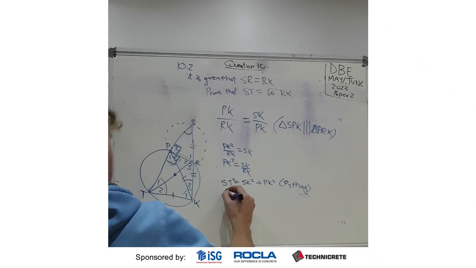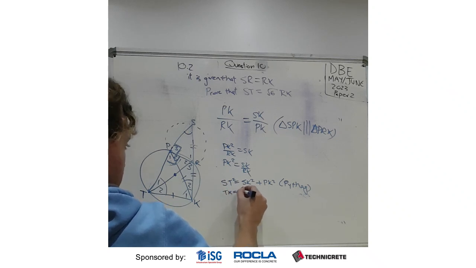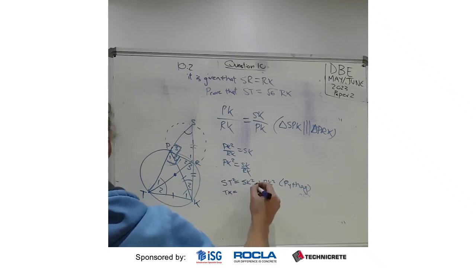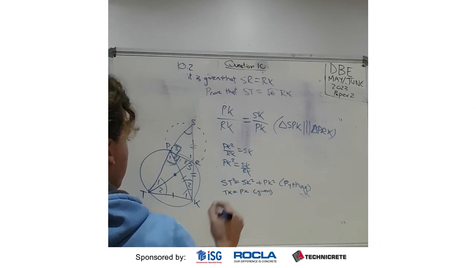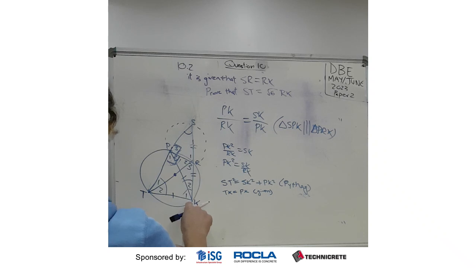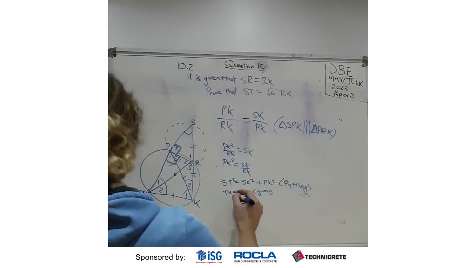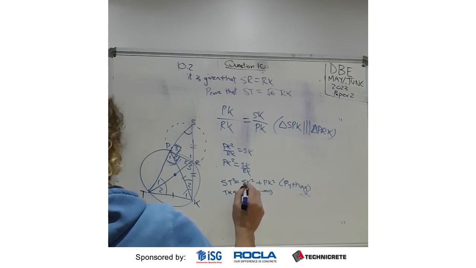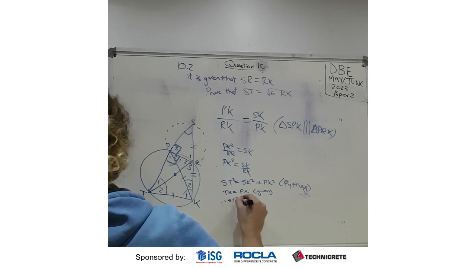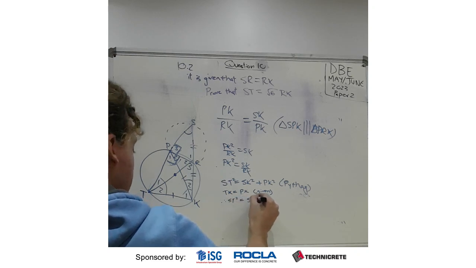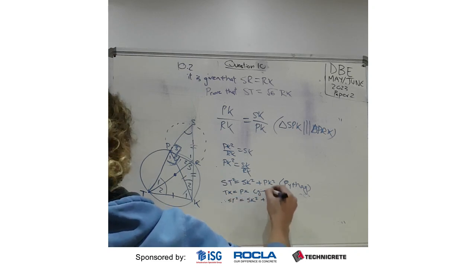But TK is equal to PK, that's a given. It's given very early on. So we can say that ST squared is equal to SK squared plus